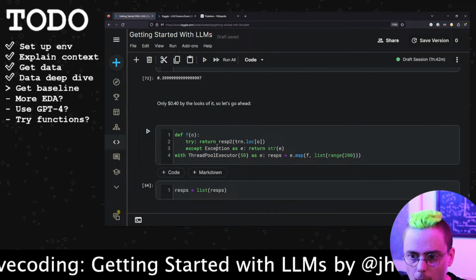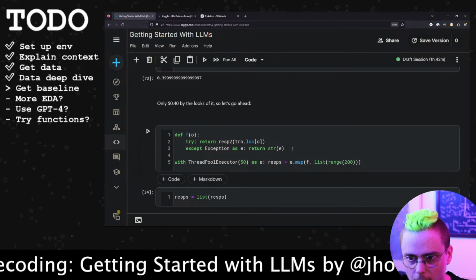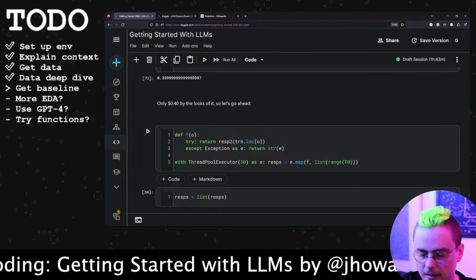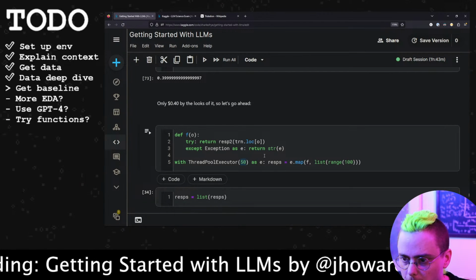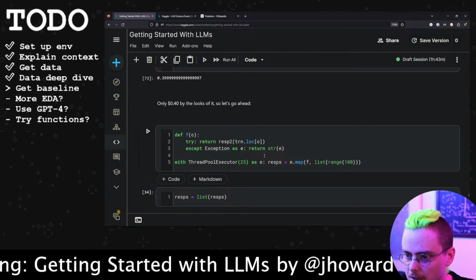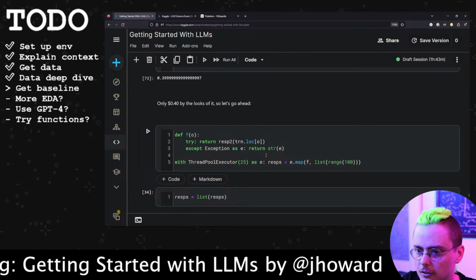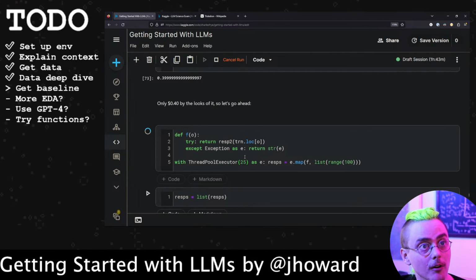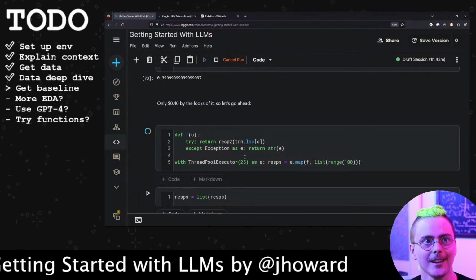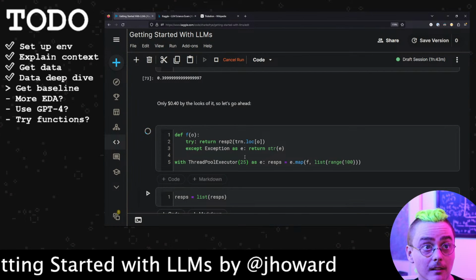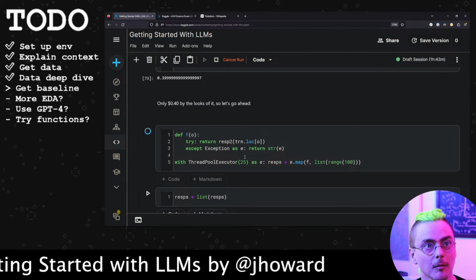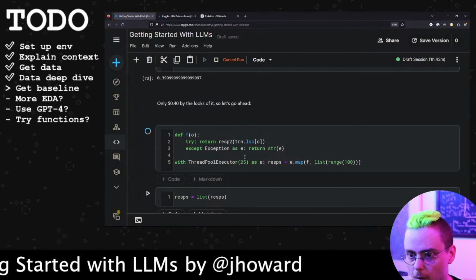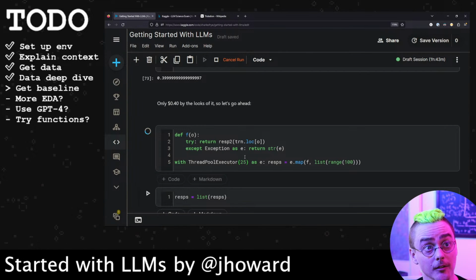All right, so once again, we're using that thread pool executor to run this on a bunch of them. I'm again going to cut this down to 100 examples, and I'm going to leave a smaller thread pool. You might be wondering why not just boost the thread pool executor to 200 and run all of these at once? The answer is that the OpenAI API has rate limits on the number of queries, which we probably wouldn't hit because we're just making a couple hundred queries, but also rate limits on the number of tokens that you can send.